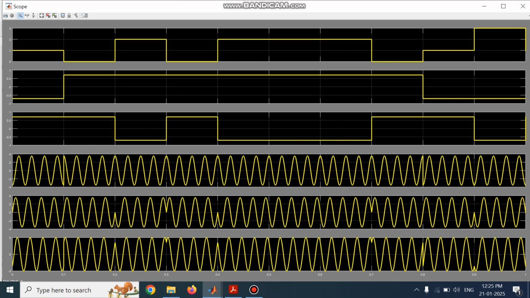So 0, 1, 2, 3, all 4 integers are generated at the output of the random integer generator. The second waveform represents the odd sequence, and the third waveform represents the even sequence. To understand how these odd sequence and even sequence are generated from the integer,